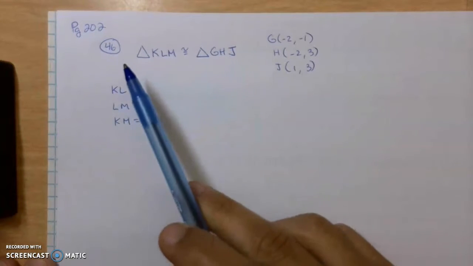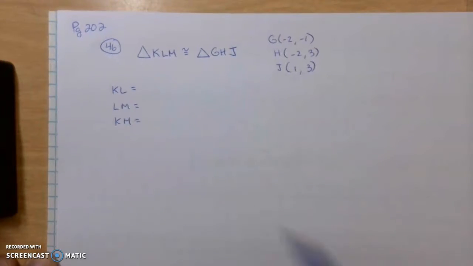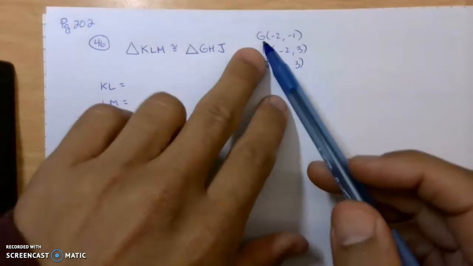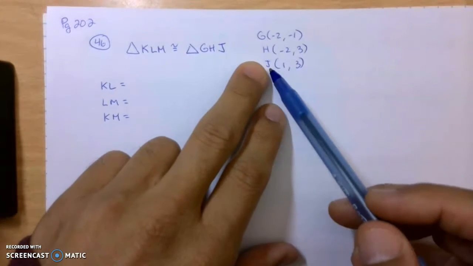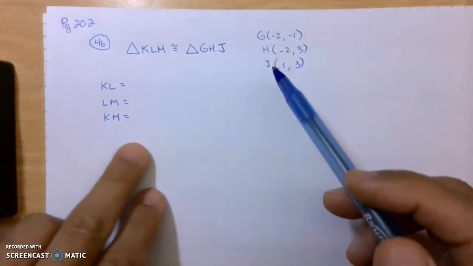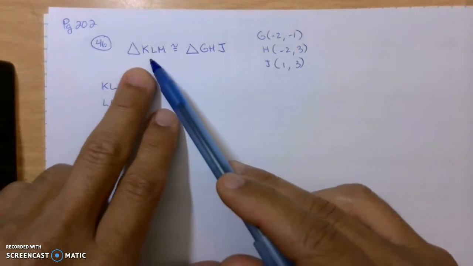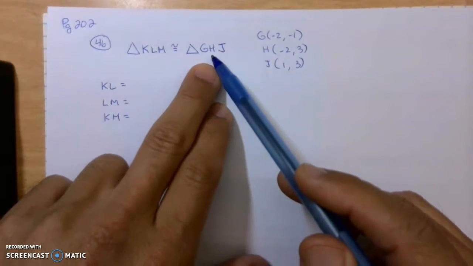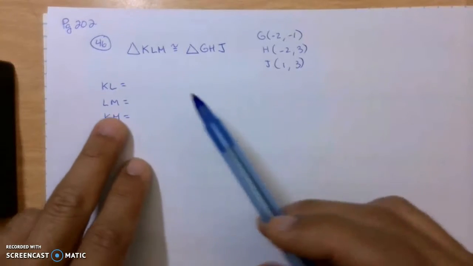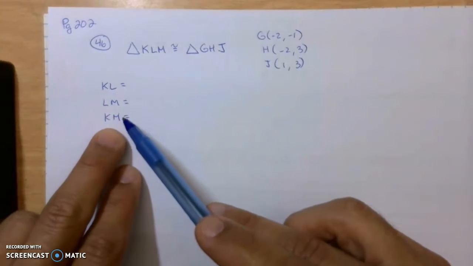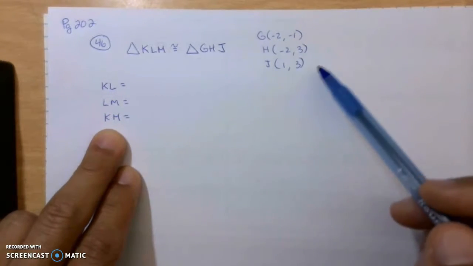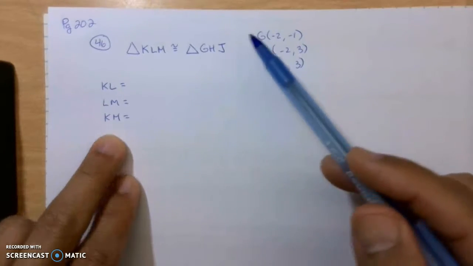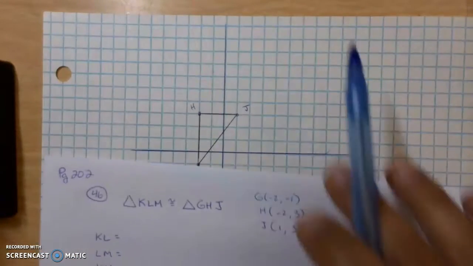All right, we're going to do a few problems here on page 202. I'm going to start with number 46 here. They give you some vertices, point G, point H, and point J. They tell you that triangle KLM is congruent to triangle GHJ, and then they want you to figure out the length of KM. Now, with these original vertices for GHJ, I plotted those first on this graph paper here,